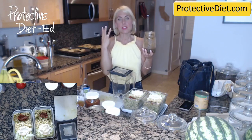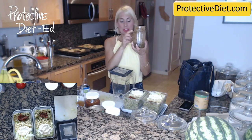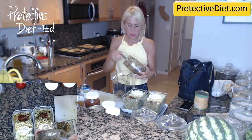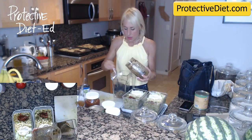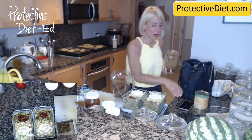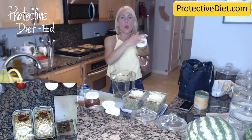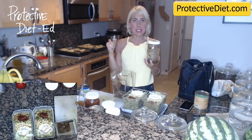A triple batch of Protective Diet spice sauce makes 1 quart, 32 ounces. A lot of you ask me, well, what size jars do you use? What kind of jars? Why do you use those jars? Well, it's because they fit Protective Diet recipes perfectly and they store in my refrigerator door. This is a quart size. This is 32 ounces, always wide mouth so it fits into your pressure cooker, into your Instant Pot if you're